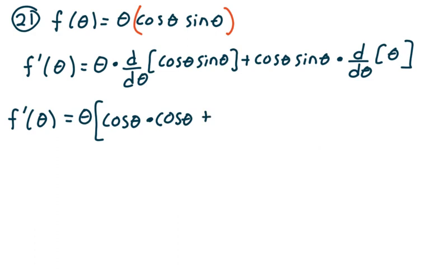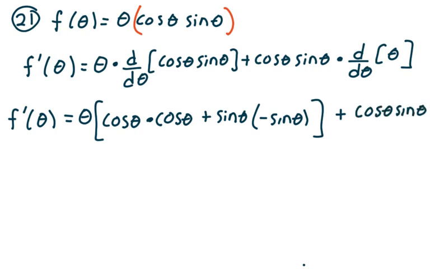And I'm going to add sine theta times the derivative of the first function with respect to theta, which is negative sine theta. And then from here, I'm going to add cosine theta, sine theta. And remember, the derivative of theta with respect to theta is 1. So the second term is just cosine theta, sine theta. So this is theta times cosine squared theta minus sine squared theta